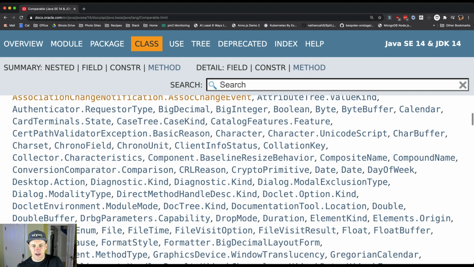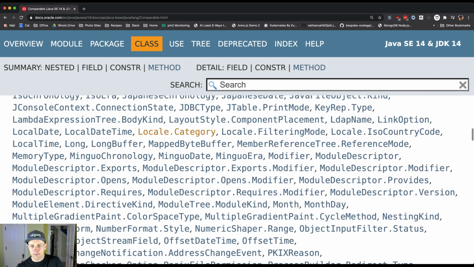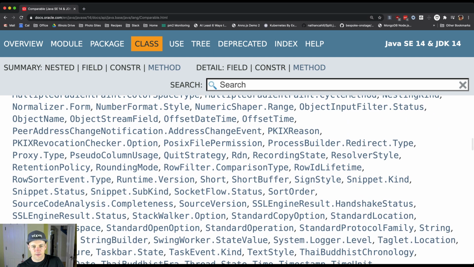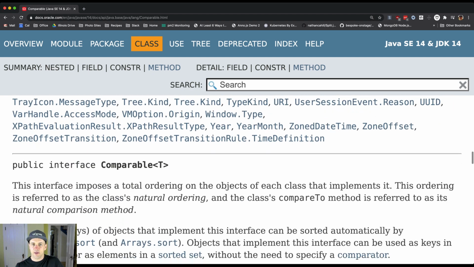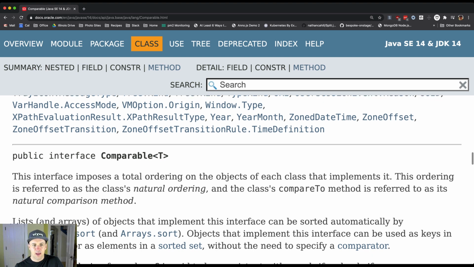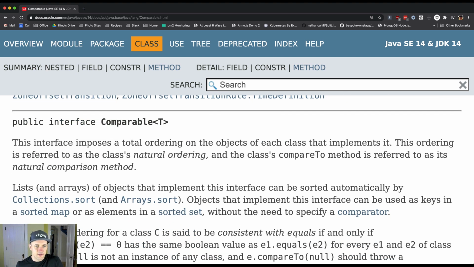The idea here is that this is a built-in interface, and you can see that there are quite a few classes in Java that already implement this interface, including some that we should already feel a little bit comfortable with. String, for example. Various types of the built-in numbers in Java use this interface. So let's look at what it does, right? It says this interface